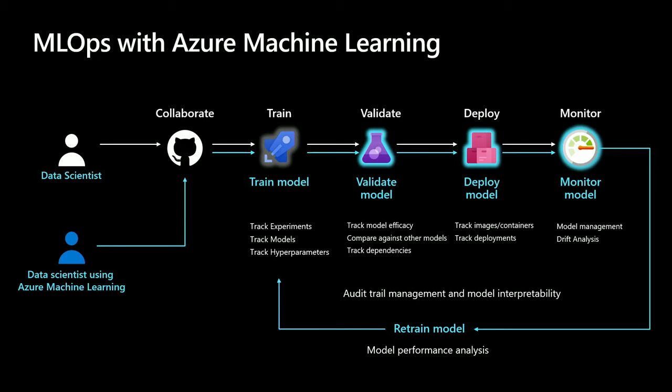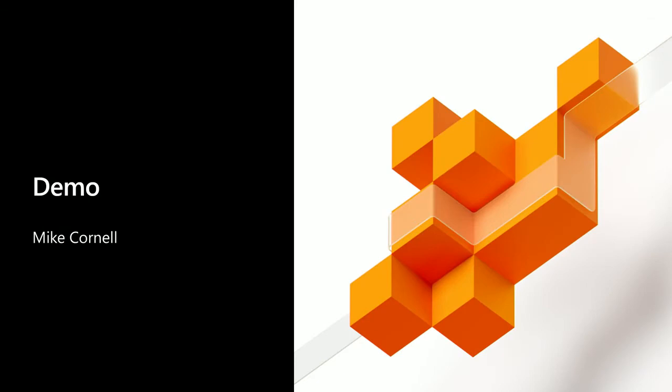Once you push to production, then the whole model monitoring comes into the picture. Is the model that I have in production really a good model? Is it a sustainable model? Is it behaving well with data drifting? And if not, what can I do? So there's a retraining loop, and all of this has to be audited, all of this has to be managed, all of this has to be performant.